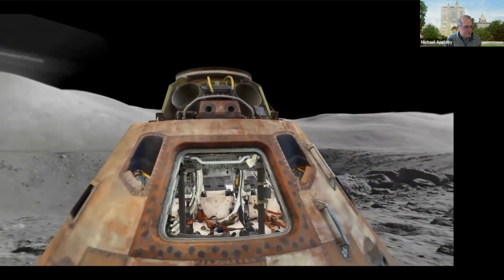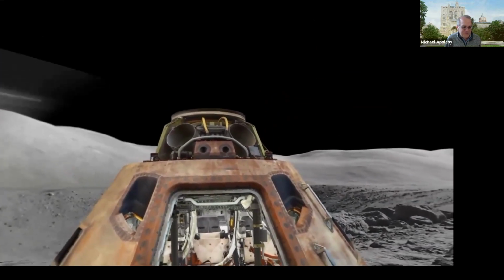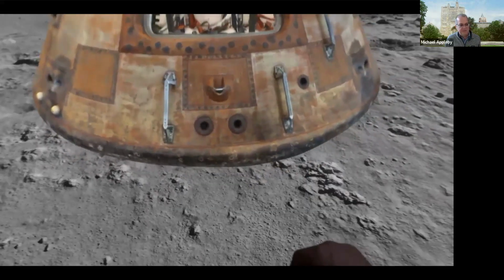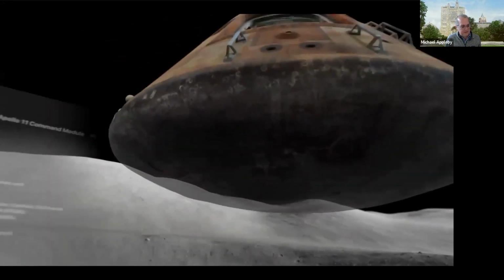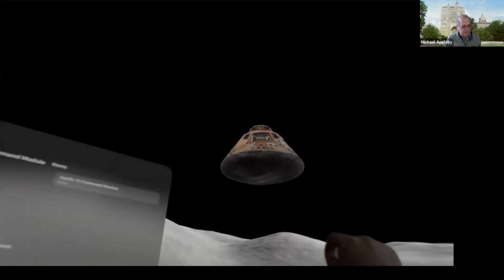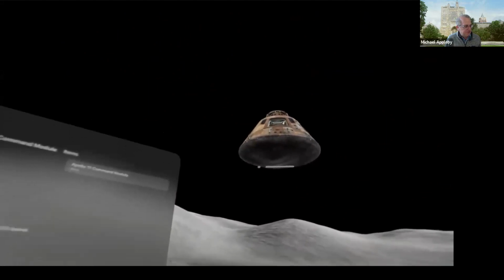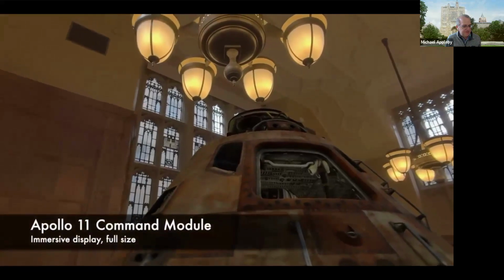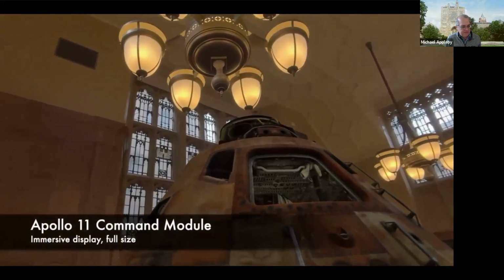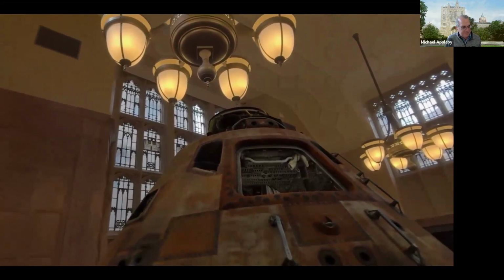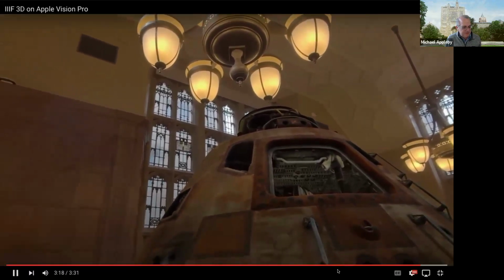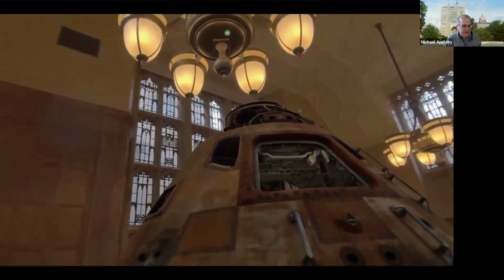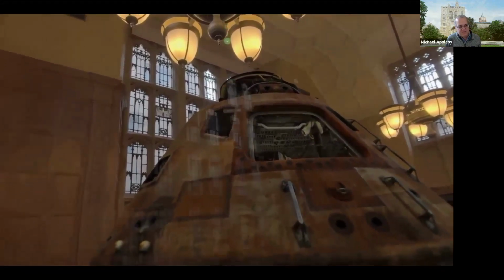So not a lot to report other than it kind of all works as advertised. It is a little different because your headset is the camera. It's using image-based lighting, but seems to work pretty well. And as far as just the mechanics of loading the manifests and rendering, oh, this is full size in our digital humanities lab. No problem there. So just another interesting thing. I'd like to move on to annotation support and seeing what that will look like, but this just could be another